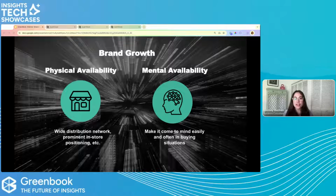Mental availability is how easily your brand comes to mind in an actual buying situation. And in most buying situations, the brand that comes to mind is the brand that gets bought. You can think about mental availability as the real estate that your brand occupies within the mind of a buyer. And the reason this is important is because the more mental availability your brand has, the more likely it is